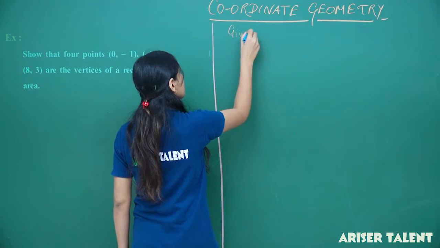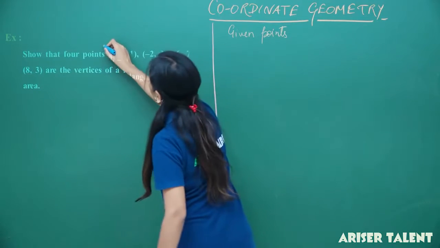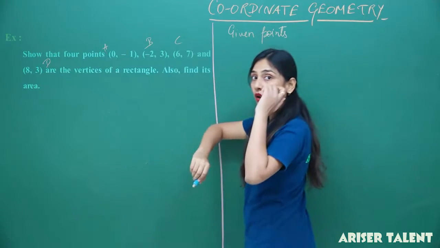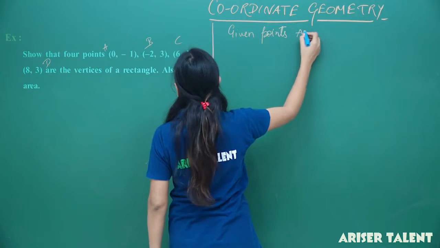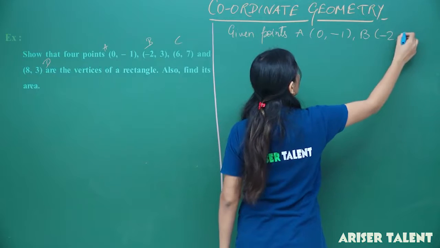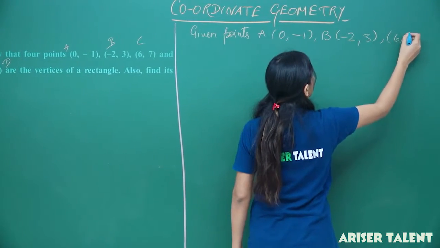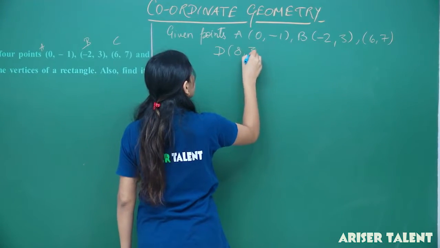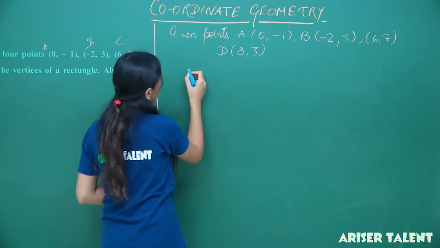Given points are, let's name them A, B, C and D. A (0, -1), B (-2, 3), C (6, 7) and D (8, 3). Right. Now, if I talk about AB,